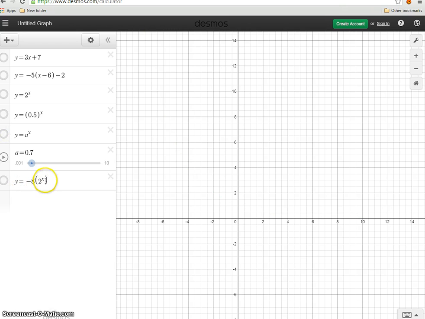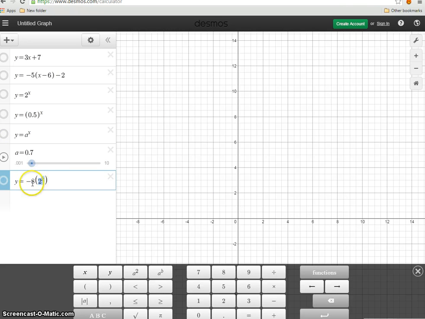So y equals negative 8 times 2 to the x. Now, if you first look at 2 to the x here, based on that, you'd think it is increasing. However, if you look in front here, we have a reflection. So this negative 8, the 8 gives you a vertical stretch of factor 8, but the negative gives you a